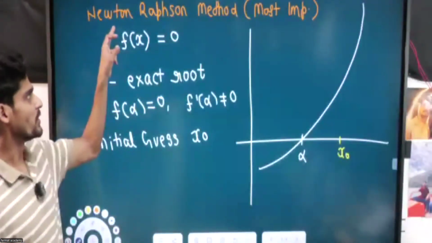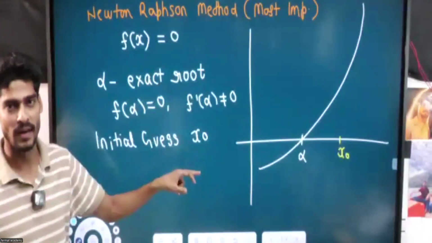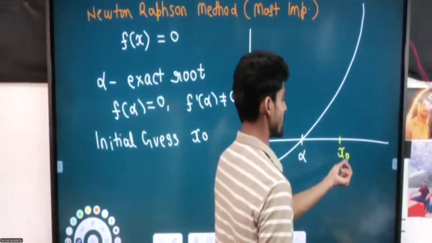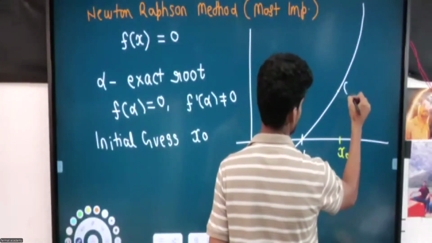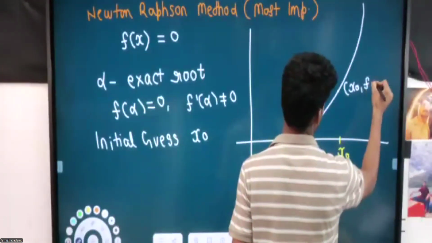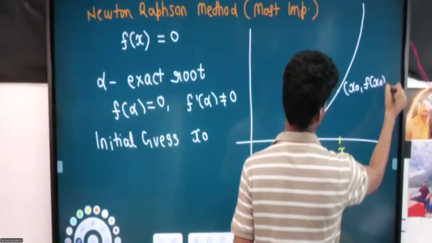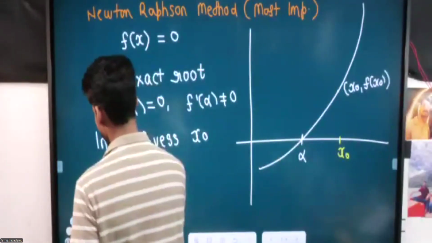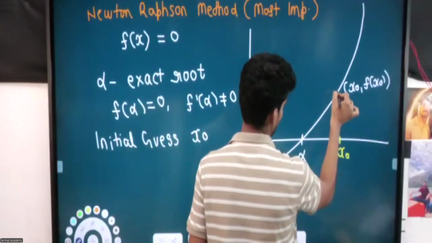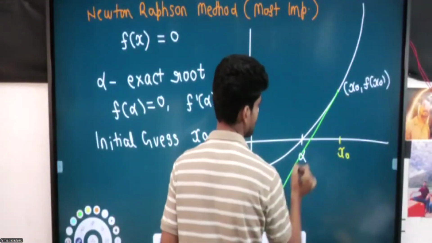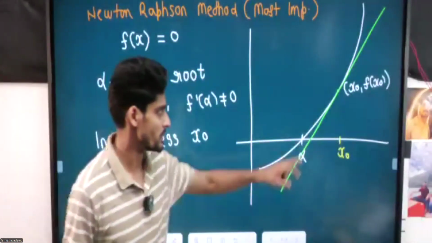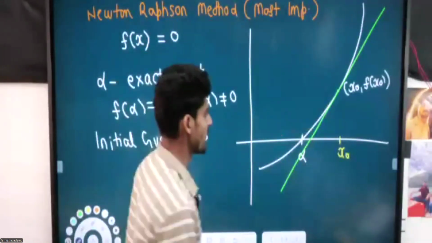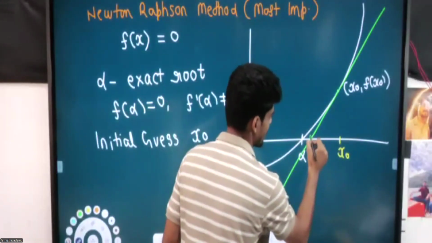What Newton-Raphson did in this method, you take this x0, take the point (x0, f(x0)) on the graph, and just take the tangent passing through this point. Wherever it cuts the x-axis,